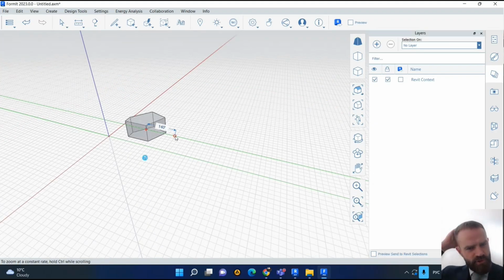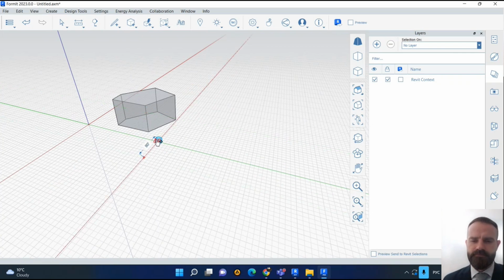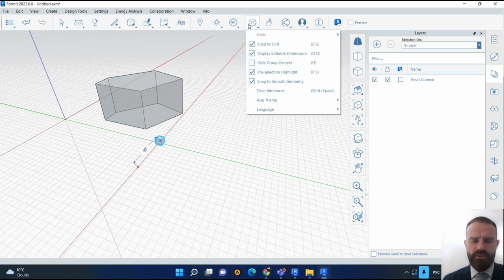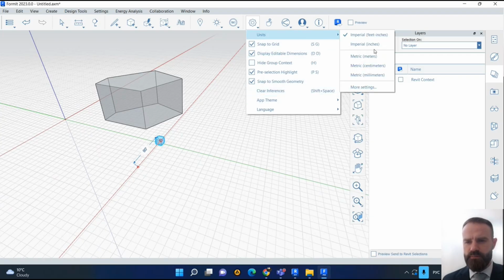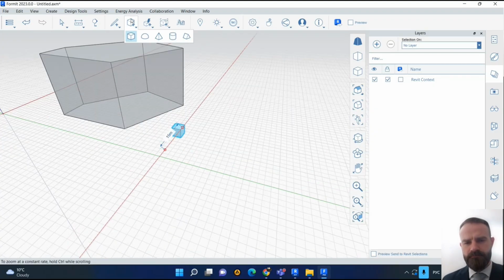Of course, you should change dimensions to meters because now I see you are in inches. Go to settings and units, meters or millimeters. And delete this box. Just select again the box tool, click delete, and just select the box tool, and just